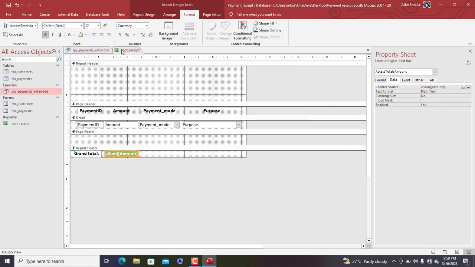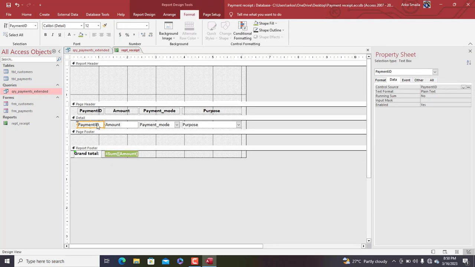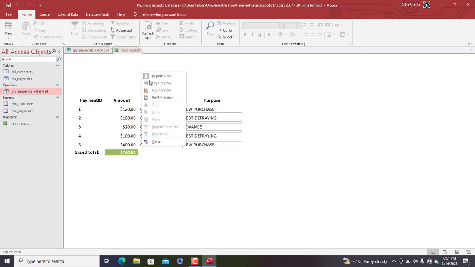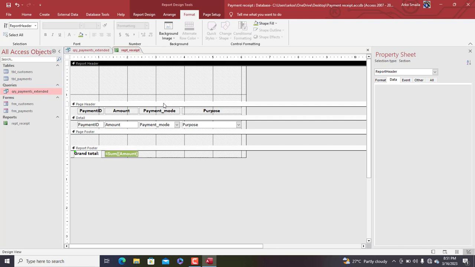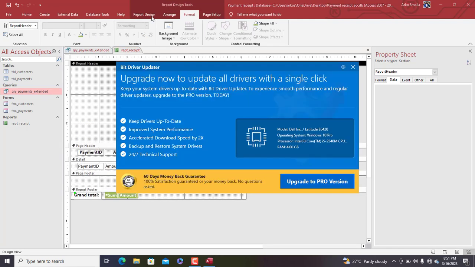Okay, so now let us see the progress. So you can see now this is what we have here. So the next thing is, let us center or left align this so that it looks neat. Okay, now the next thing we are going to do is we are going to add the customer's information,